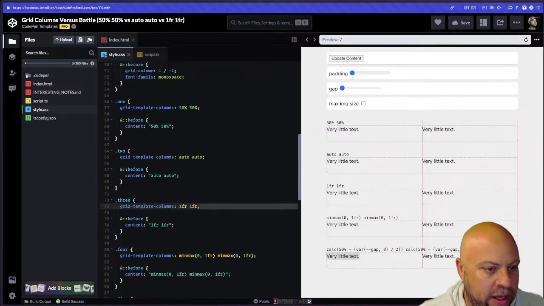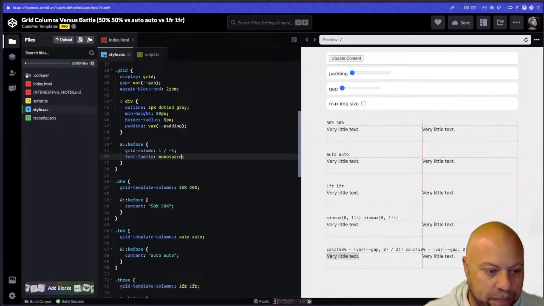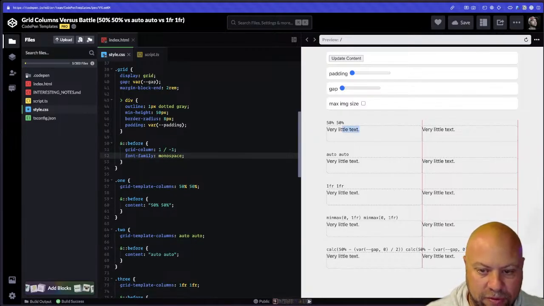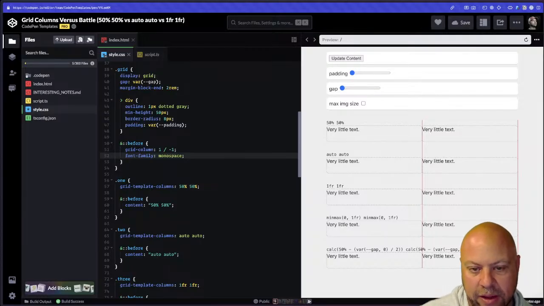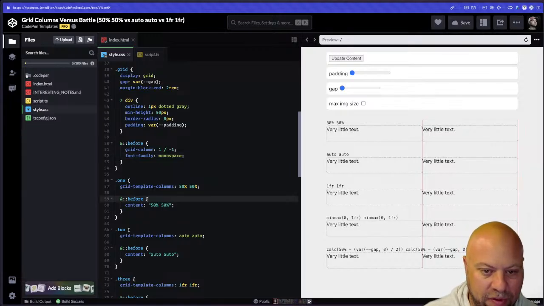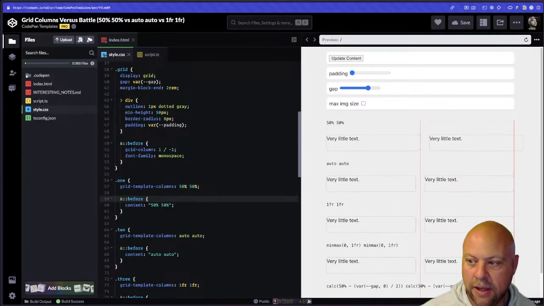Straight up and down, it's all exactly the same. Okay, so starting with 50%, 50%, how do we mess it up a little bit? What's the first surprising behavior that happens with this? And I think you can probably guess it. When I say 50%, I am setting a very hard width. I'm setting 50% of the size of the container. And as soon as I add gap to it,